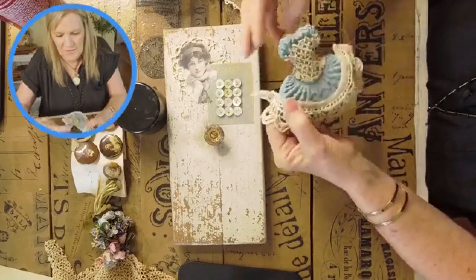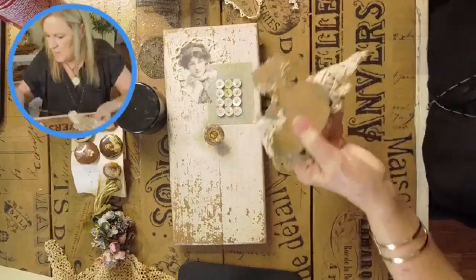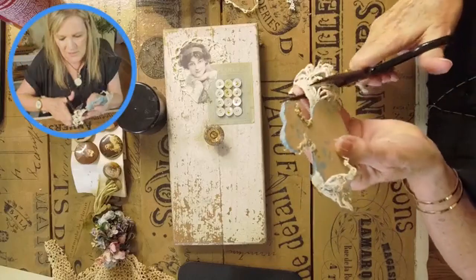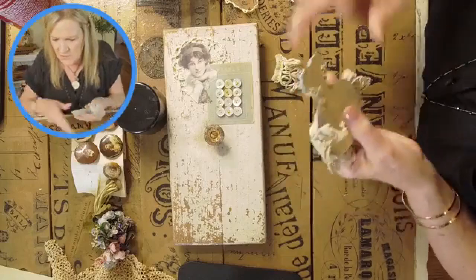So, okay. So here we are. Now let me use my fabric scissors. I only say that because if you guys don't have fabric scissors...